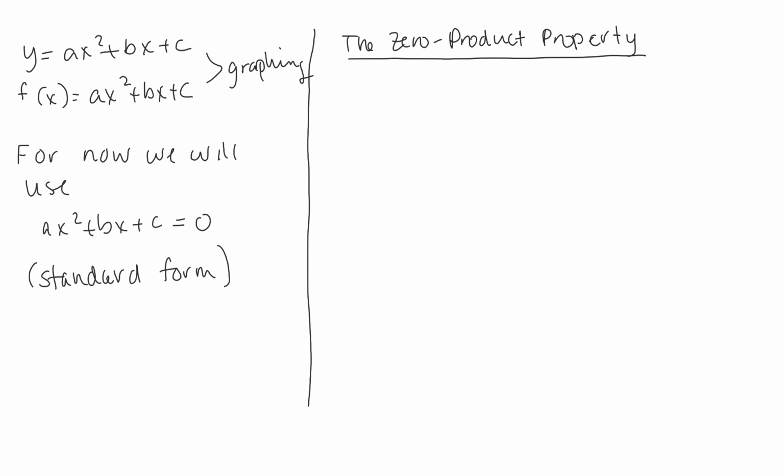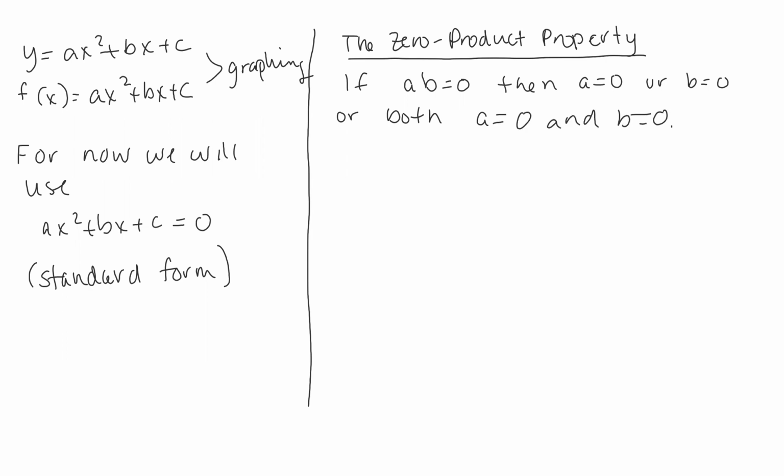This property says, if you have a product AB and it equals 0, then A equals 0 or B equals 0 or both A equals 0 and B equals 0. So in short, if you're dealing with,